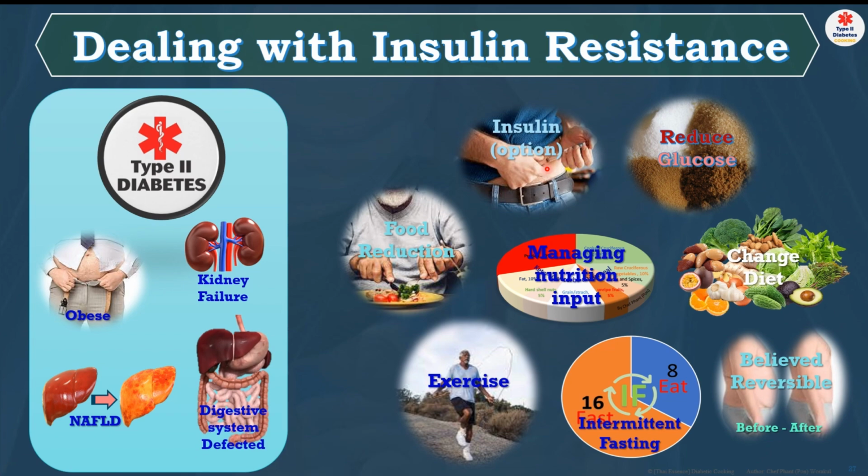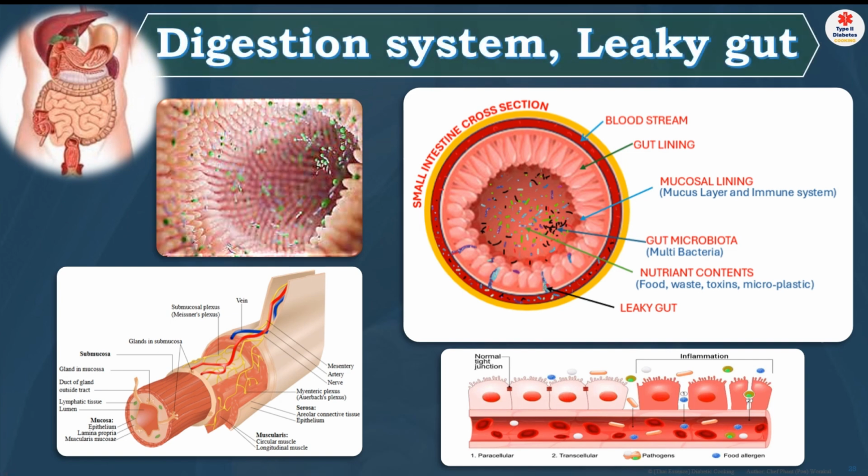Okay, now we're going to go a little bit deeper. The digestion system, that's what you have to know: when you eat the food, what happens. You got all the things that you eat in there after the food digestion. So everything goes inside your tube, your intestine. Okay, inside your intestine, this is a cut of a small cross section. So this is the intestine wall, the yellow one. And then you have the bloodstream, where your blood vessel is.